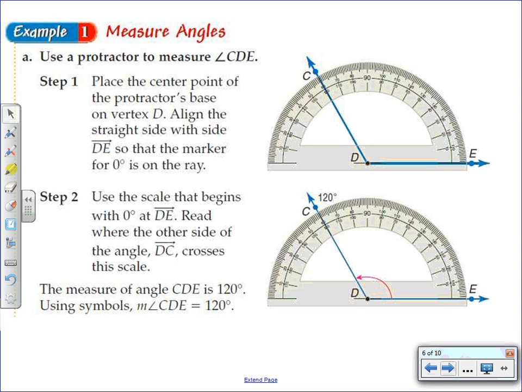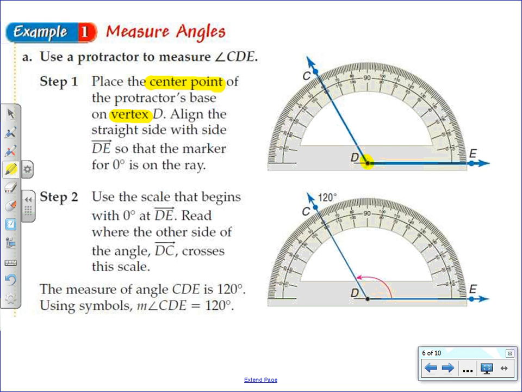You'll remember we measure angles using a protractor, right? And here we have angle CDE, right? Angle CDE. D is the vertex. To measure using a protractor, the first thing you're going to do is line up the vertex with the circle or the crosshairs in your protractor. So line up with the center point